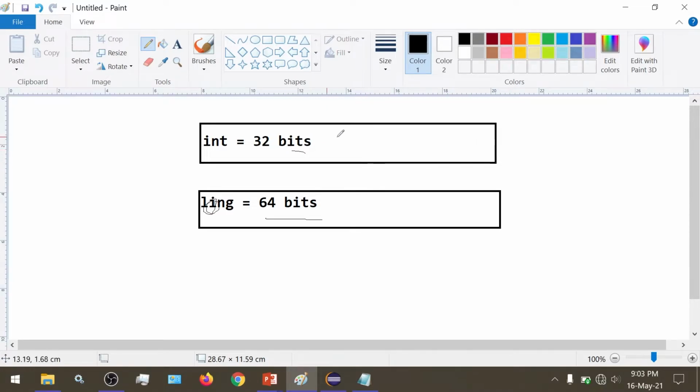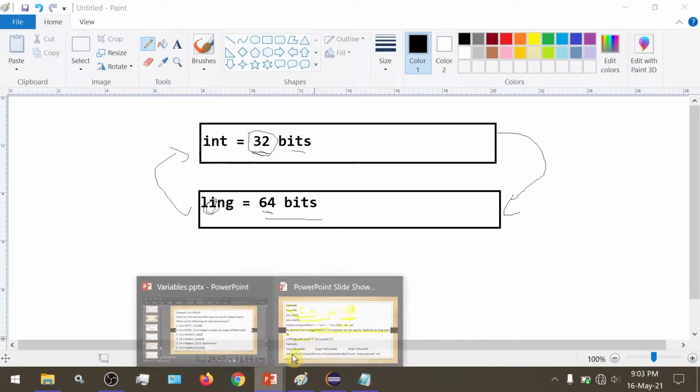But the other way is possible. If we have an int value and we try to store it inside a long, it is possible because long has 64 bits, so it can store the 32 bits of int very well. But when we try to go from long to int, we cannot, because there are 64 bits and int has only 32 bits. The range of int is less because it has fewer bits available, so we cannot convert from long to int.